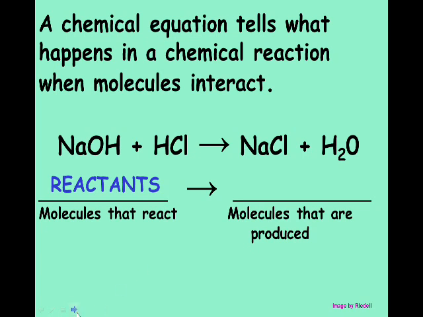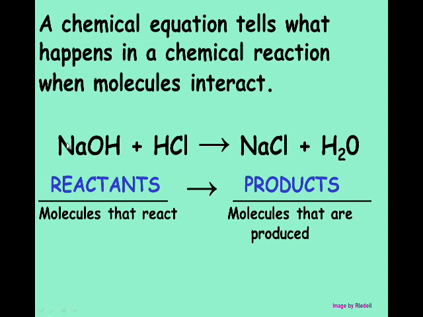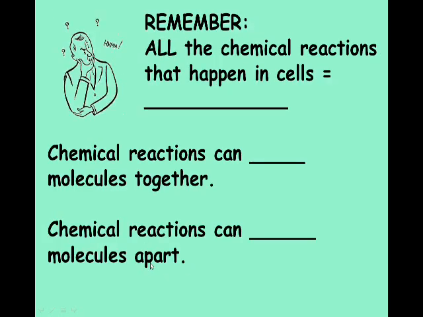And the things that I'm going to produce from that chemical reaction are called the products. So when I write a chemical equation, I put the reactants on the left side and products on the right side. We're going to write some chemical equations this year. Remember, all the chemical reactions that happen in cells, that's a vocab word that we learned in our last slideshow, is metabolism. And chemical reactions can join molecules together, but also they can break molecules apart. That's all of those reactions that are happening inside your body to build up or break down molecules is called